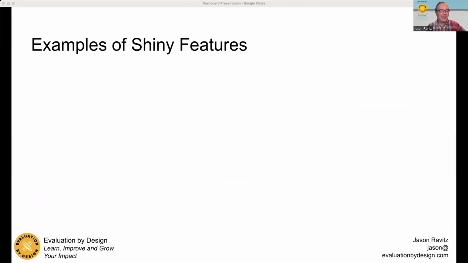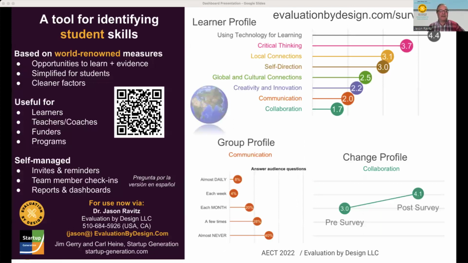Okay, now what you've all been waiting for is Shiny. So I'm going to show you, if we have time, I'm going to actually pull up some dashboards. So if some of these slides are too small to read, then bear with me because I'm hoping to show you later. But I'll start out with the big one.